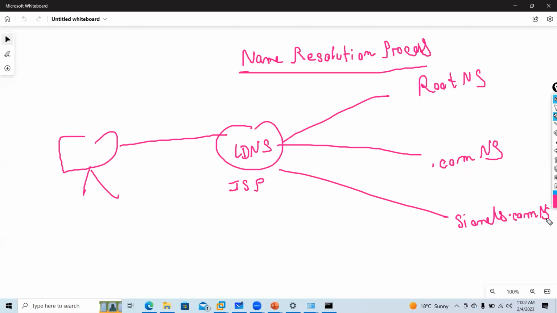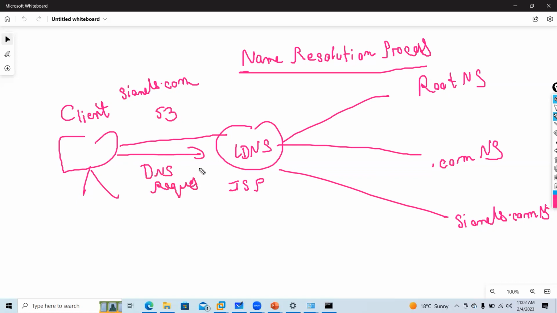Now, guys, the client enters sianets.com. First, a DNS query will be sent on port 53. It will be sent to LDNS. First, we check two things: the local cache and the etc hosts file.